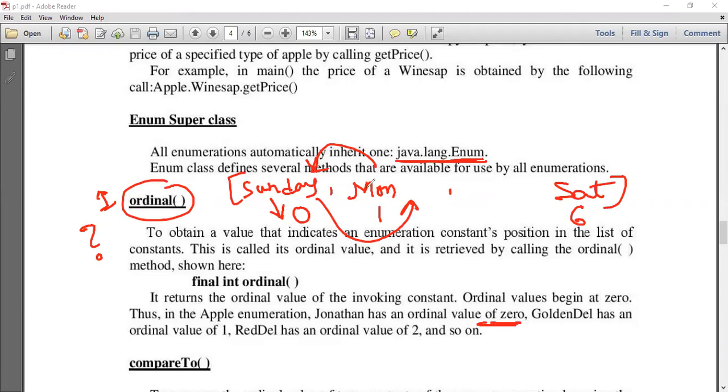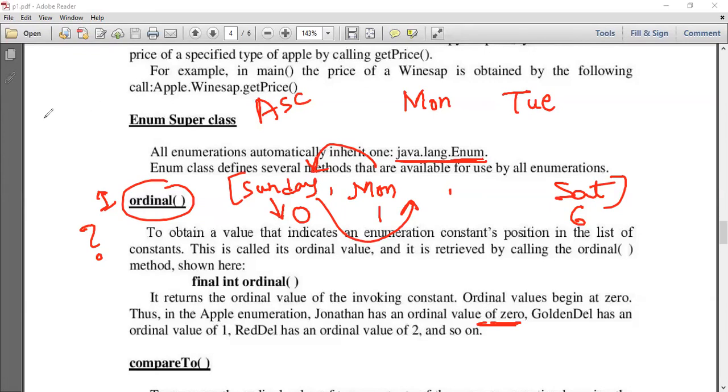So Monday will come first, then Tuesday. Then we need a mechanism to determine which one will come first, because many times we need ordering in either ascending or descending order. Even in a timetable, Monday comes first, because there is no way to determine which one is in the beginning or which one will come first. We cannot sort it, because a string cannot be sorted. If it gets sorted, then it will be based on the ASCII value.